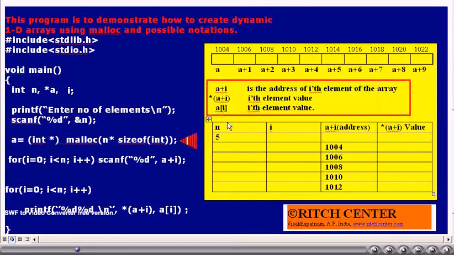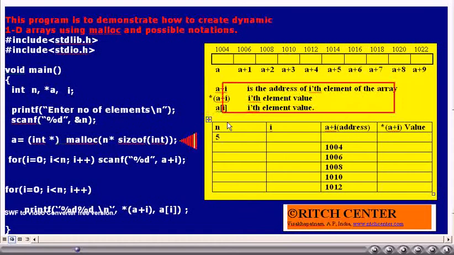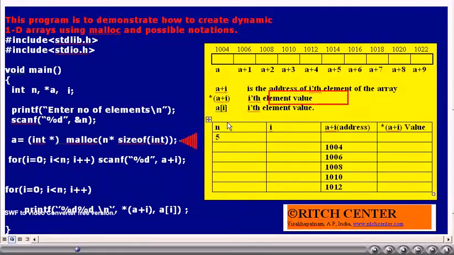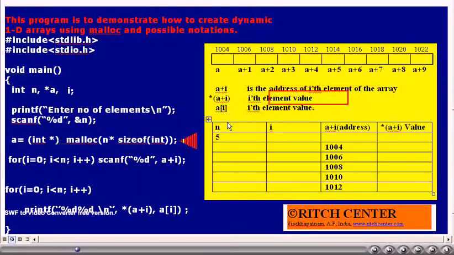Thus, in a nutshell, if A is the address of the first element of a dynamically allocated array, then A plus 1, A plus 2, etc. are the addresses of the next elements. Rather, we can say A plus I for some integer I is the address of the ith element of the array.